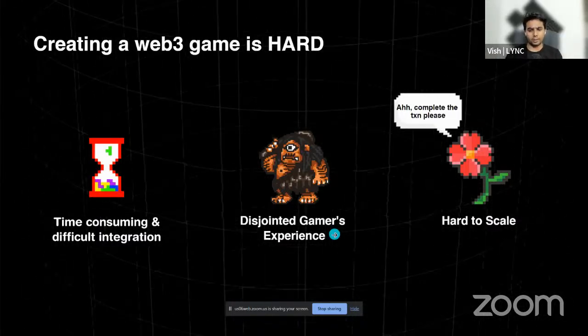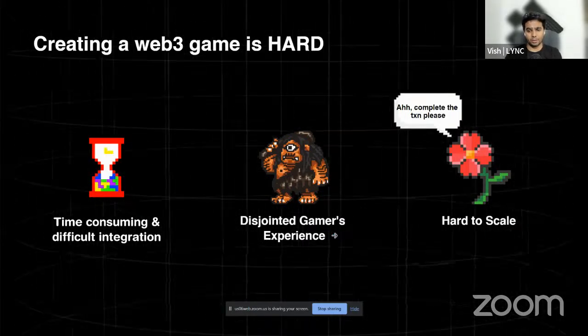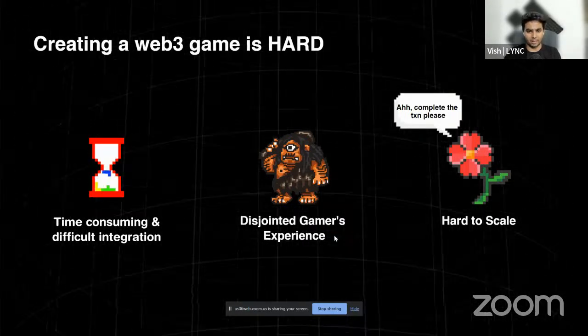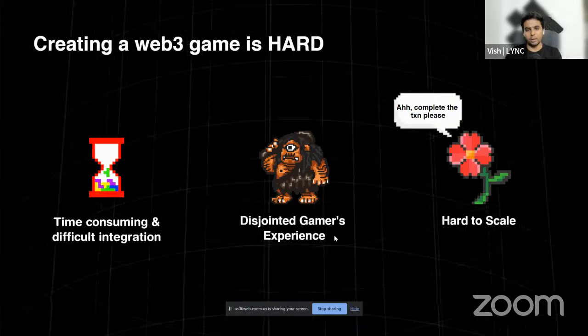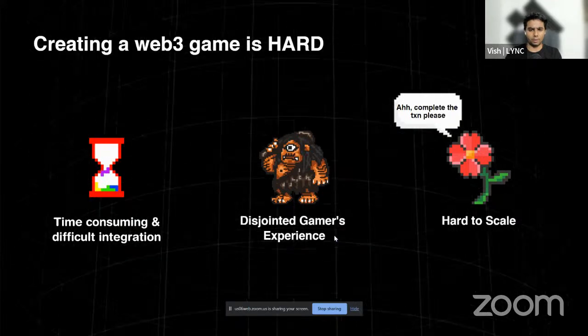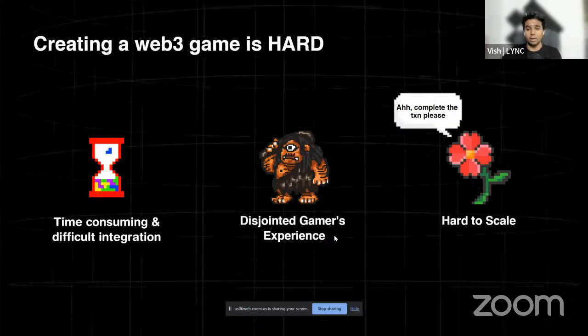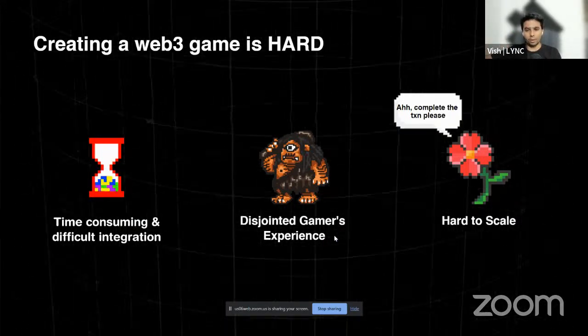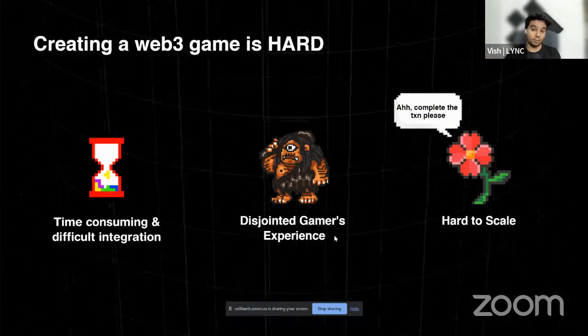Second is the disjointed gamer experience. If I am just playing a game in Web3, most of the time I hardly find good games. Most of the time I have to leave the gaming environment and go to another platform to mint and interact with my NFTs inside the game.